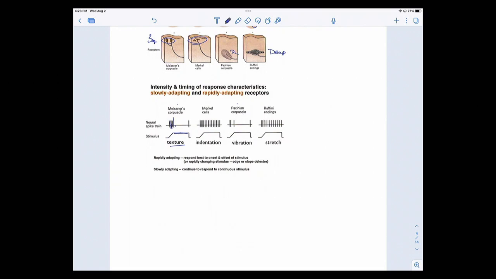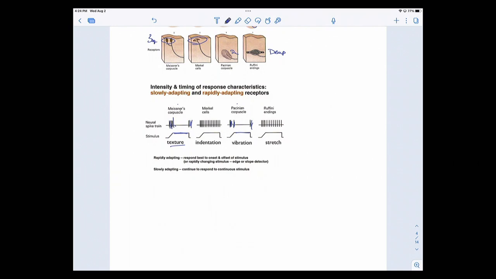And then when you lift off, now you're going to have a little bit of activity. So rapidly adapting means they rapidly adapt to change. Once they've adapted, they become semi-silent. Same thing with your Pacinian corpuscles. Again, rapidly adapting, you have a flurry of activity and then nothing, and then a flurry of activity when you change. So you can imagine if you have something on your skin, my example would be a ring or a watch, when you first put it on and it's putting a little pressure on your skin, you're aware of it, but then after a while you're no longer aware of it. Those are rapidly adapting receptors.